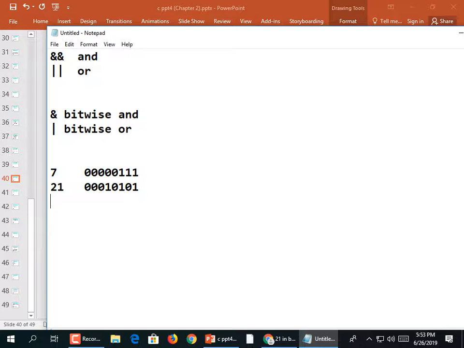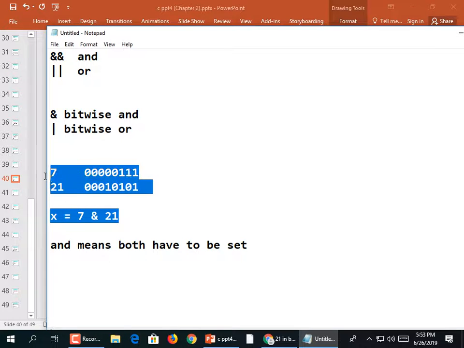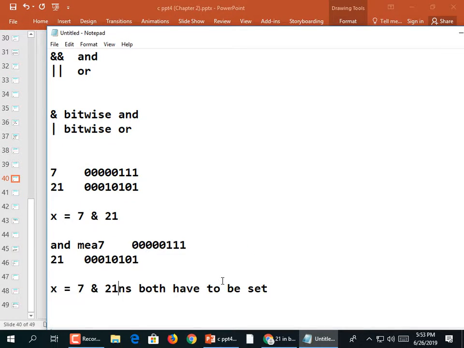Okay. So if we do this, 7 and 21. If we said x is equal to 7 AND 21. Well, we've already established that AND means both, right? AND means both have to be lit up. Well, it checks to see which of these bits, which columns are both set. So if I do that, and I AND them together,